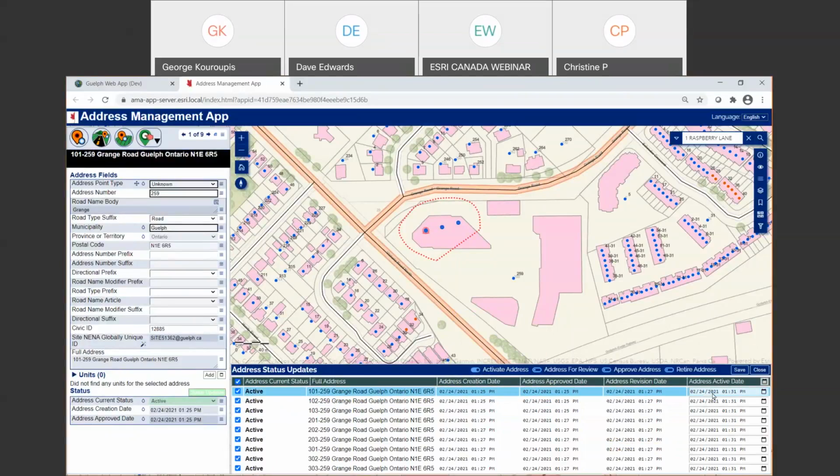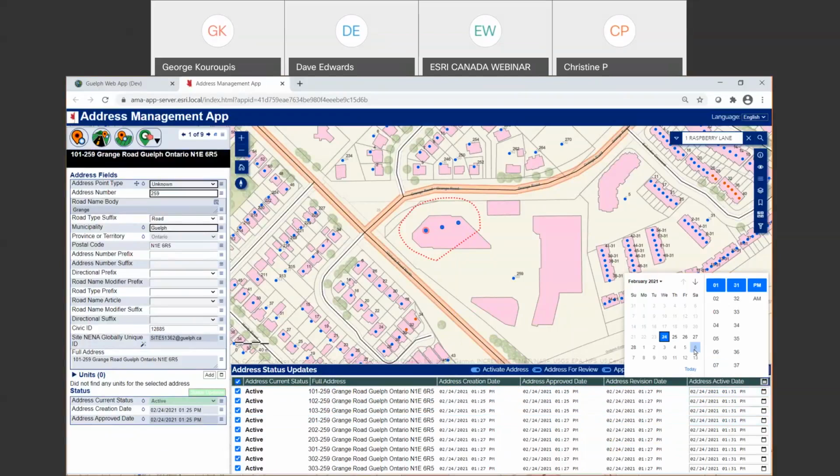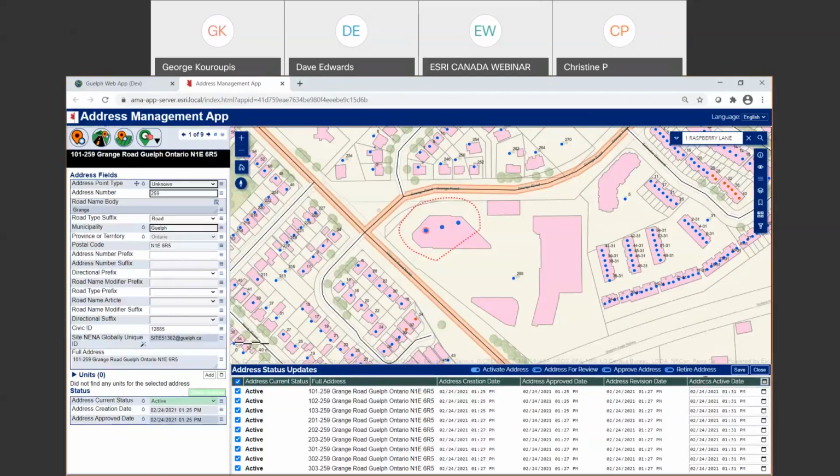And you can see that by default, the address active date is the current time. If we want to make them active in the future, then we can change the date. And since NextGen 911 allows you to submit addresses that become active in the future, you can set these to become active in the future. Just say save,